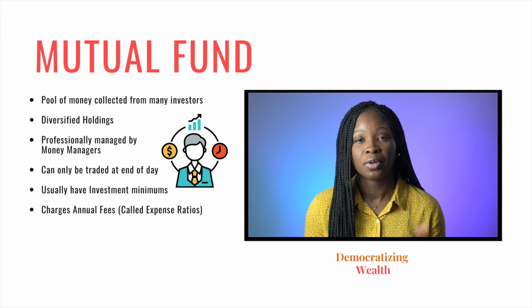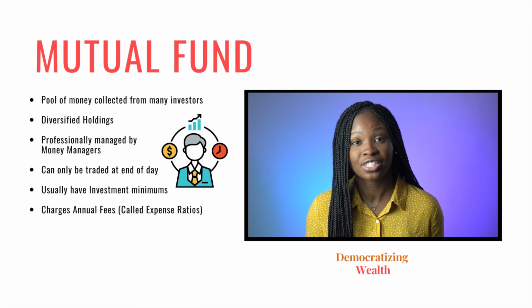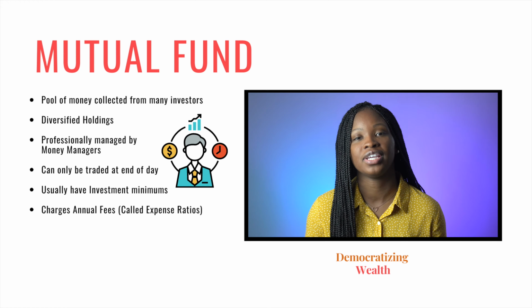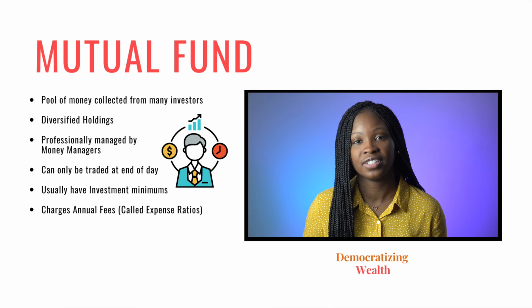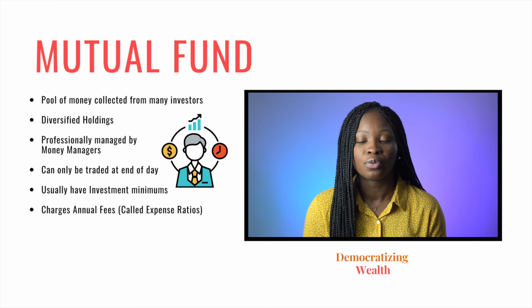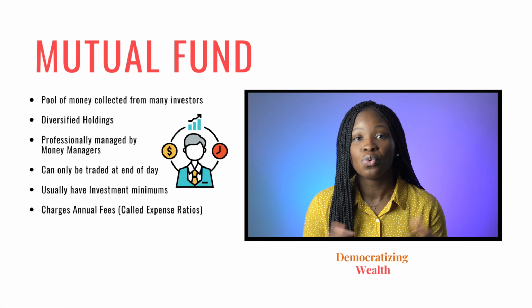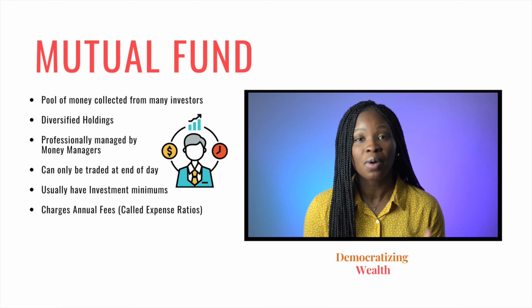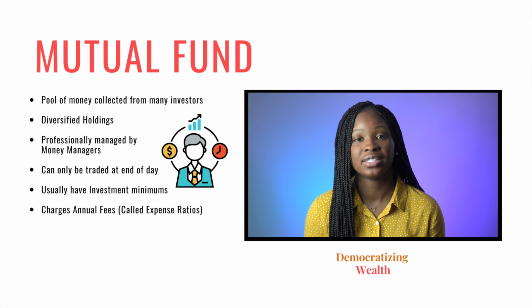And another drawback, which in my opinion is the biggest drawback, is that you can only trade your mutual fund once a day and it executes at the end of the day. So if something is happening in the stock market, like back in March with the whole Rona situation, and you want to sell your stock as soon as possible, you actually would have had to wait till end of day